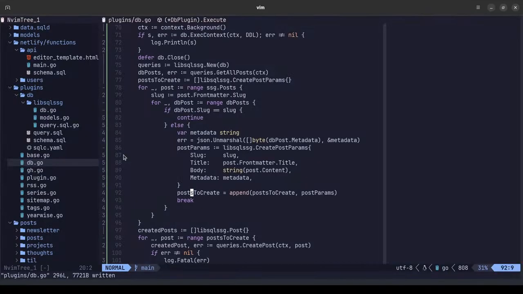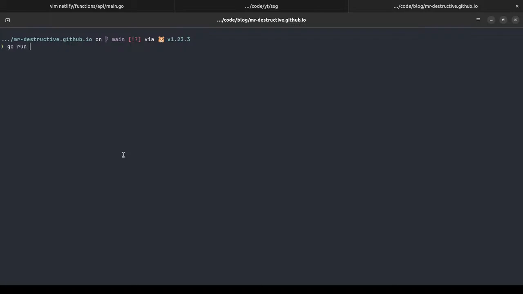We can I think now run this command, which will be go run